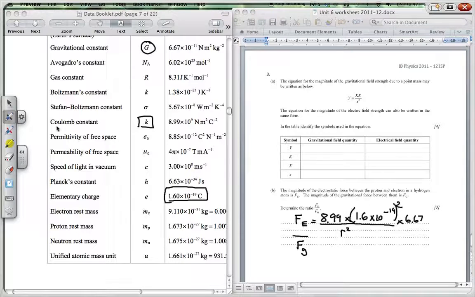Sorry, when I divide, obviously I'm going to invert and times. So at the top I will have my r squared, which will be the same distance, because we're looking at between a proton and the electron, so it's going to be r squared. And at the bottom here I'm going to have